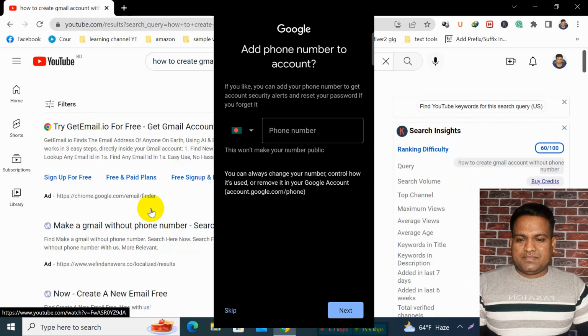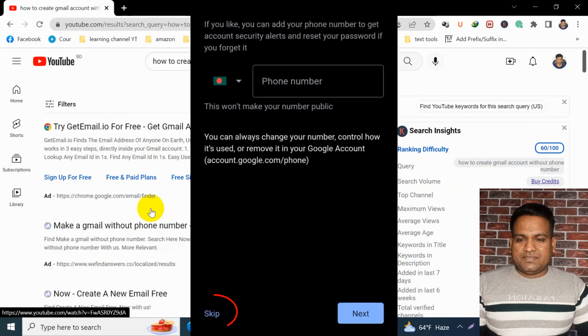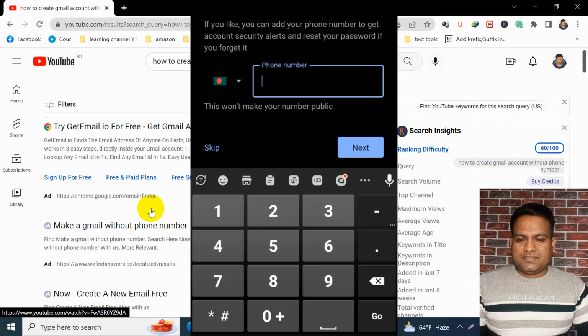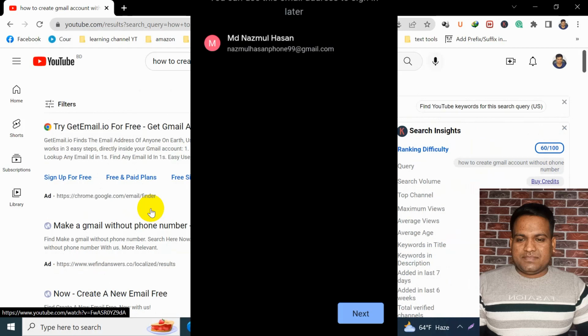and here is the thing: I get two options, skip or next. Okay, and this is to not make your phone number public. Here is your phone number option, but you have a skip option. That's why we can create a Gmail account without a phone number. Then click on skip, then click on next,